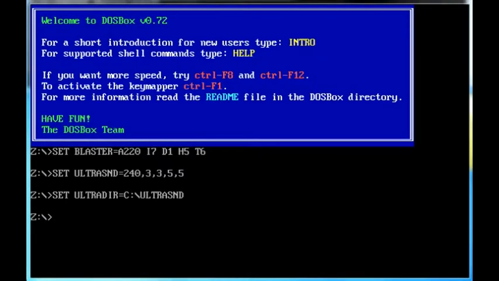Hi and welcome to this video about DOS programming. The emulator used here is DOSBox. Now this is a redo of an earlier video which has had so many views, but here's the mount command,